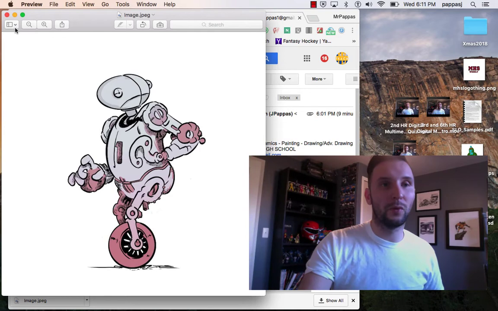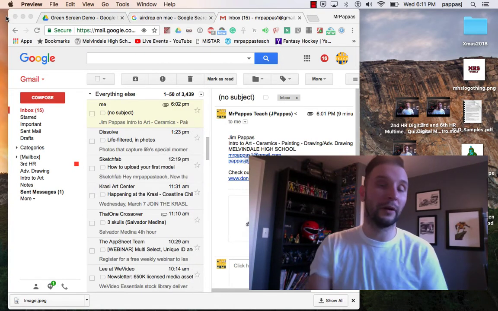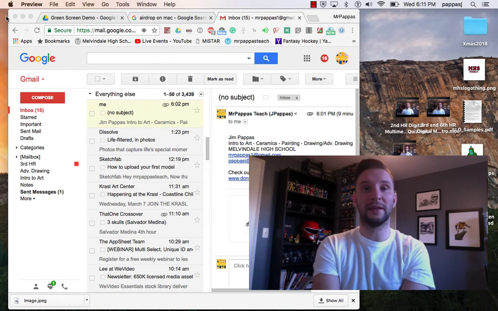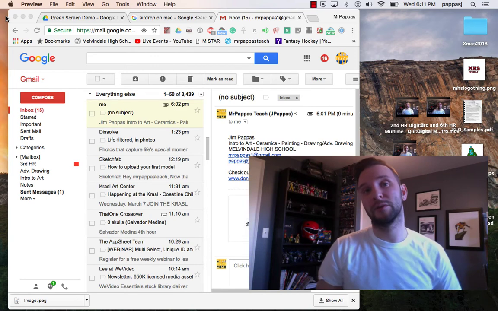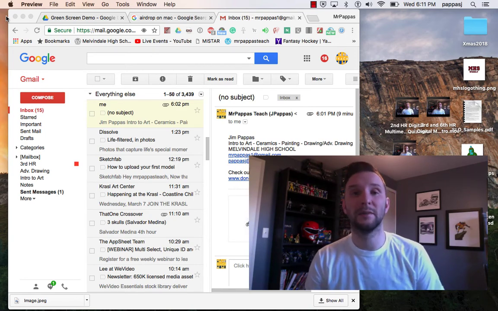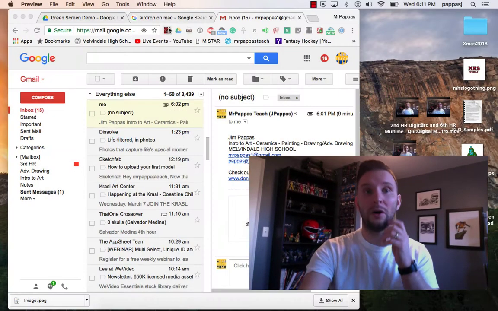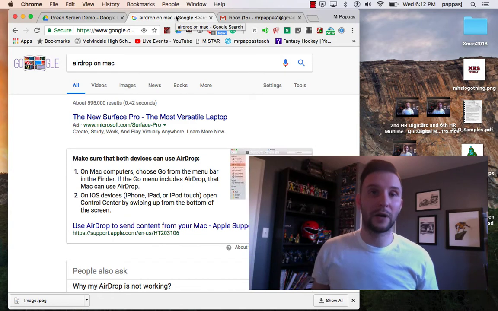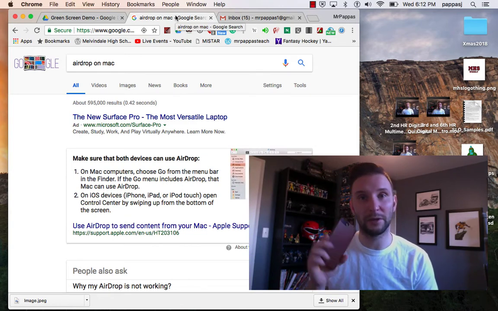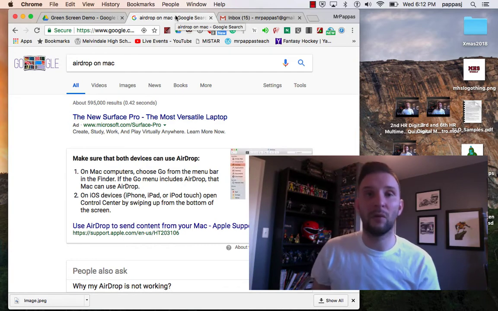Another way to send yourself a photograph is going to work very well for those of you that are Apple users, those of you that have Apple iPhones, or have an iPad here in class, or maybe you're using some of the tablet devices in the back. It's actually very, very simple. It's called AirDrop. Now, AirDrop is a Bluetooth and Wi-Fi based service, so to do this you've got to make sure that you have Wi-Fi turned on on your smart device,